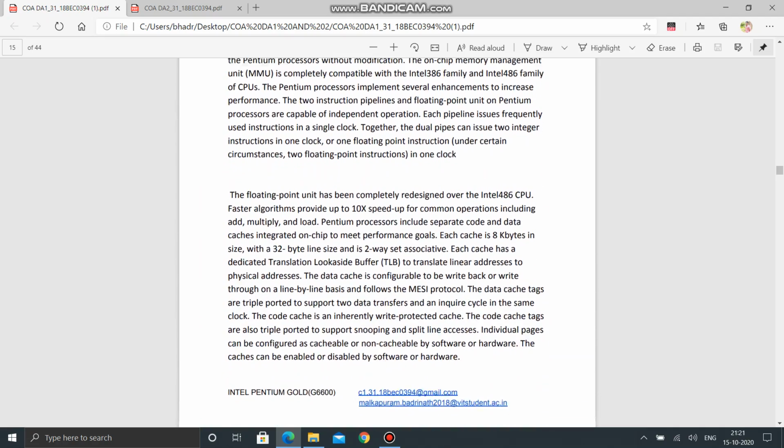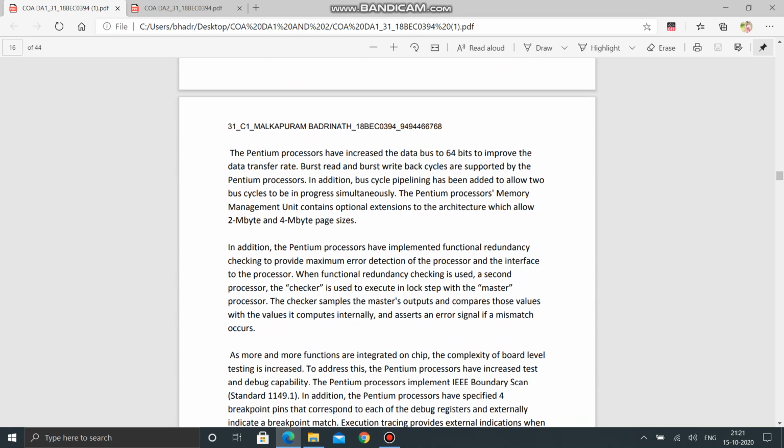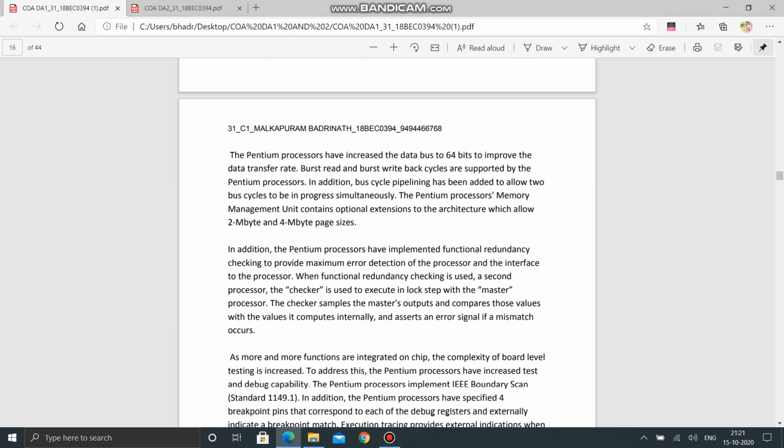Microprocessor element, in the third question: the Pentium processor has increased the data bus to 64-bit to improve the data transfer rate. So that is, we can say that it